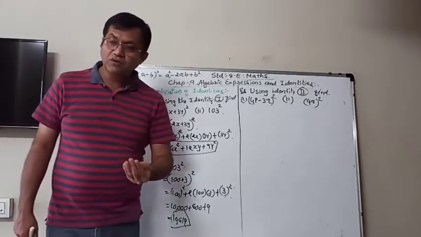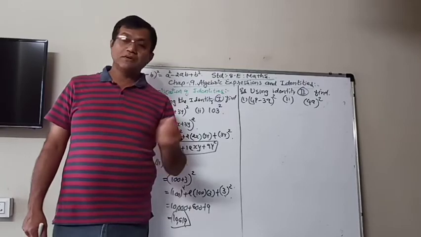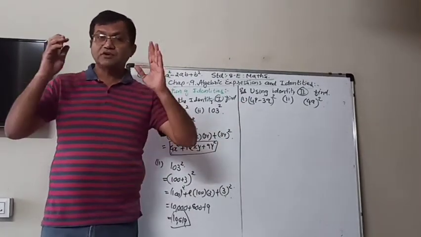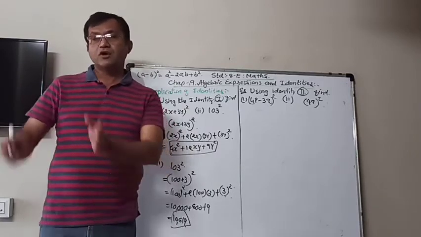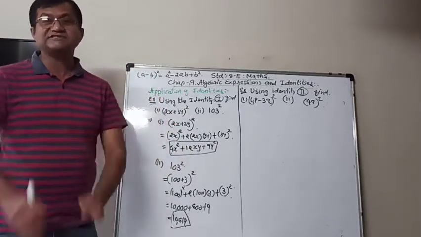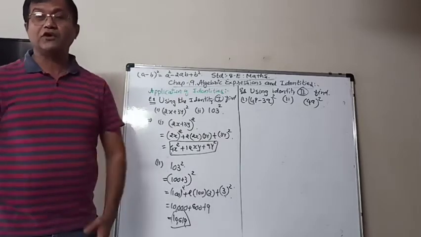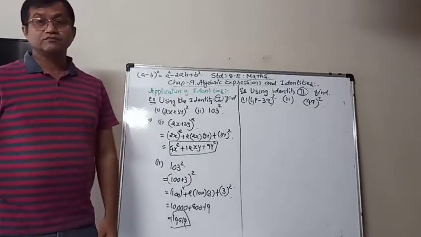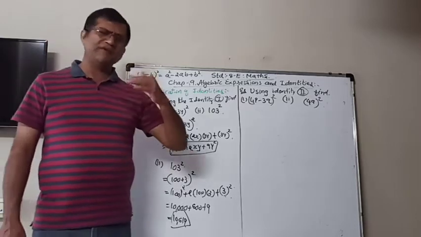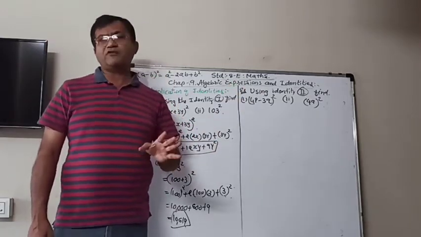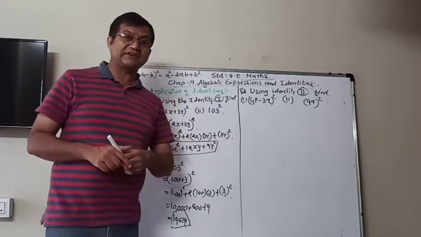So whenever you solve this type of questions using identities, on a rough page or on the side, you can write down the identity so you can follow it in the beginning, but when you are aware of it, then it's not necessary.